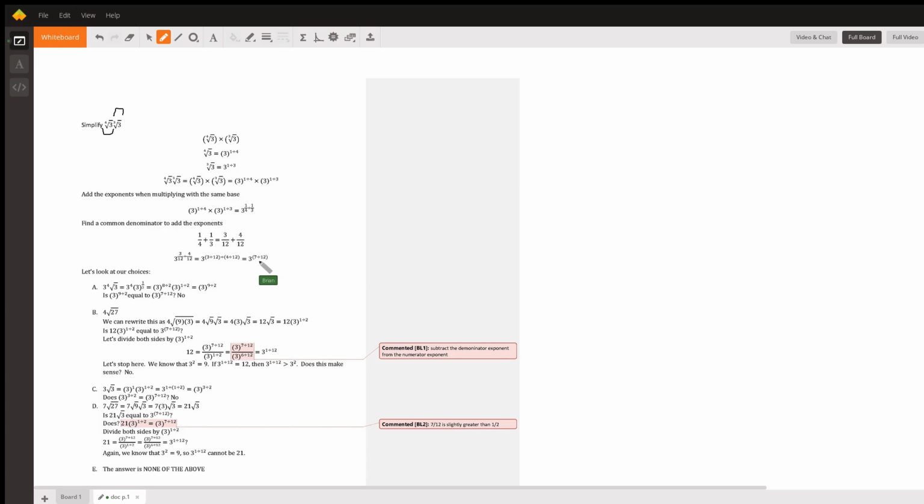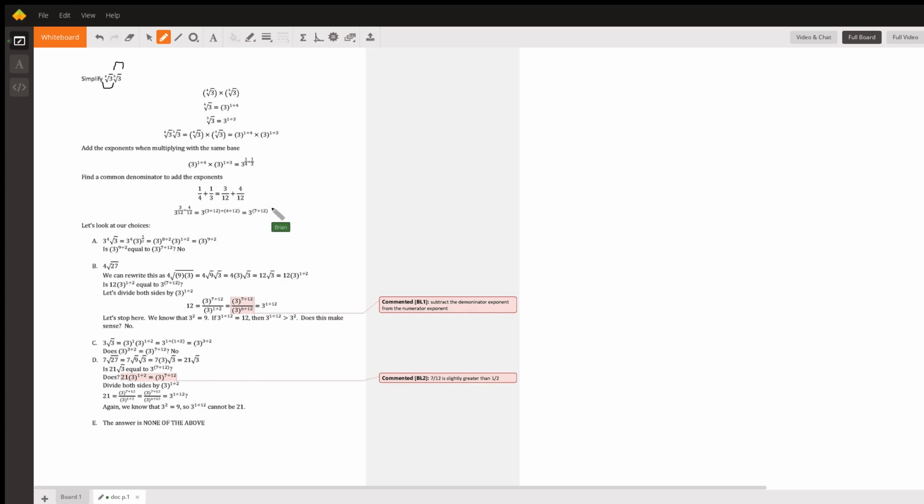That's a division sign. I'm sorry if that kind of looks like an addition sign. That is division. So that is, I think, a pretty simplified version of that expression up here. So let's look at our choices and see if any of them we can make equivalent to 3 to the 7/12. So choice A is 3 to the 4th times radical 3, which is 3 to the 4th times 3